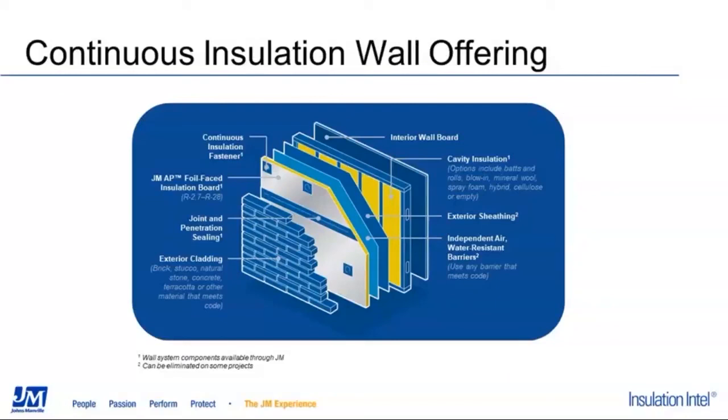You have your exterior sheathing. And you can see the JM AP foil insulation board layer there, and you can see those blue strips and those little blue squares on that insulation. So that represents using tape to seal your seams and all of your penetrations with the fasteners. When you do that, the JM polyiso insulation acts as both an air and weather barrier all in one, which allows you to eliminate